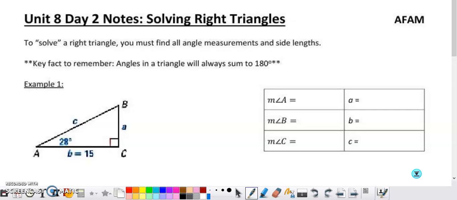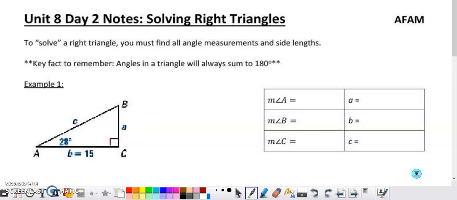All right, in this video, we're going to continue on with our unit on trigonometry, and today talk about solving right triangles. So to solve a right triangle, what we mean is find all the missing pieces. So we all know a triangle has 3 side lengths and 3 angle measurements. Well, since we're going to be talking about specifically right triangles, you already have one piece to the puzzle right